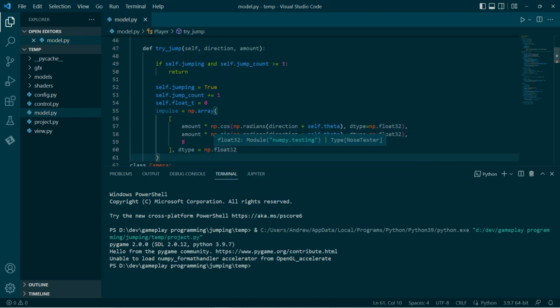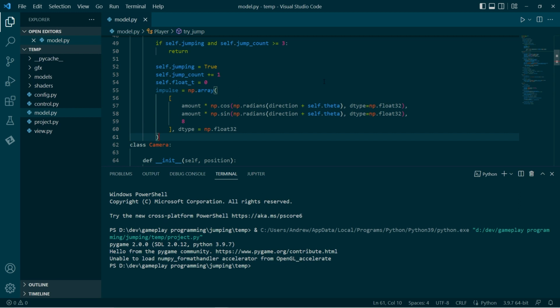Okay, so here we have generated an impulse by this formula. The horizontal movement is controlled by whether an arrow key was pressed at the time of jumping, and the vertical movement is always there.